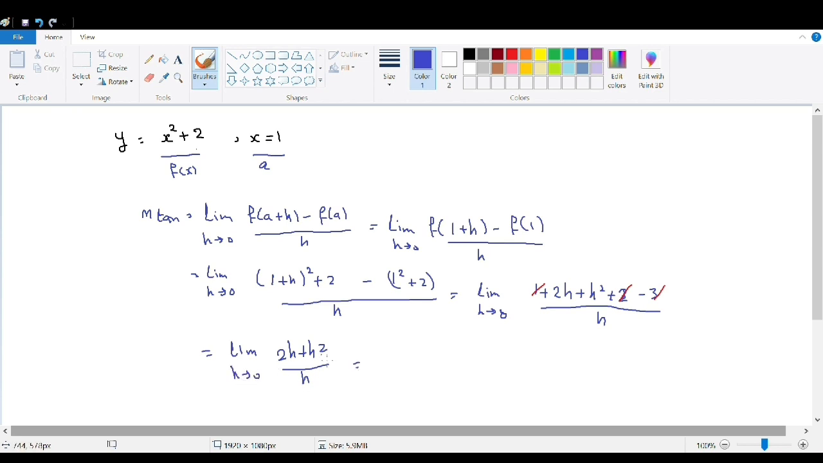If we take h as a common factor from the numerator, we are left with the limit of h times (2 plus h) divided by h when h approaches 0. Then again here we can cancel h with h. So we are left with the limit of 2 plus h when h approaches 0. We just need to replace h by 0, so it will be 2 plus 0. This will give us 2. So we conclude here m tangent is equal